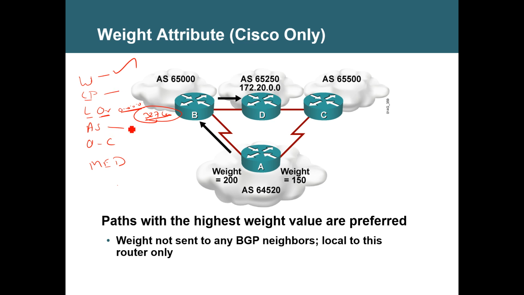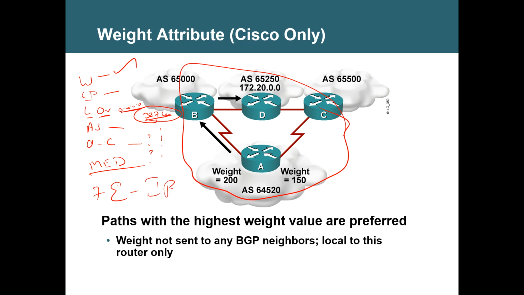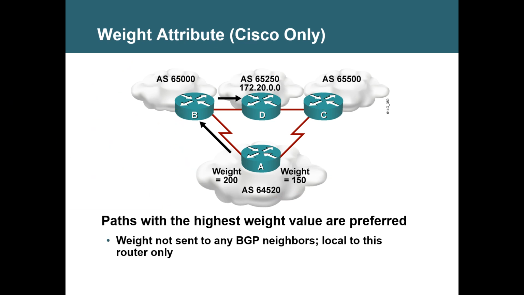Okay, next is AS path, the number of hops to reach the destination. If that is also a tie, then it will check the origin code. If all have the same origin code, like both paths having question mark or both paths having I, then again there is a tie, and only then does it come to MED. But for MED, this topology will not be suitable. It won't make any impact. It will go to the seventh attribute: EBGP is preferred over IBGP. So the sequence is very important. I know you are very curious to see that sequence. Let's finish this and go.